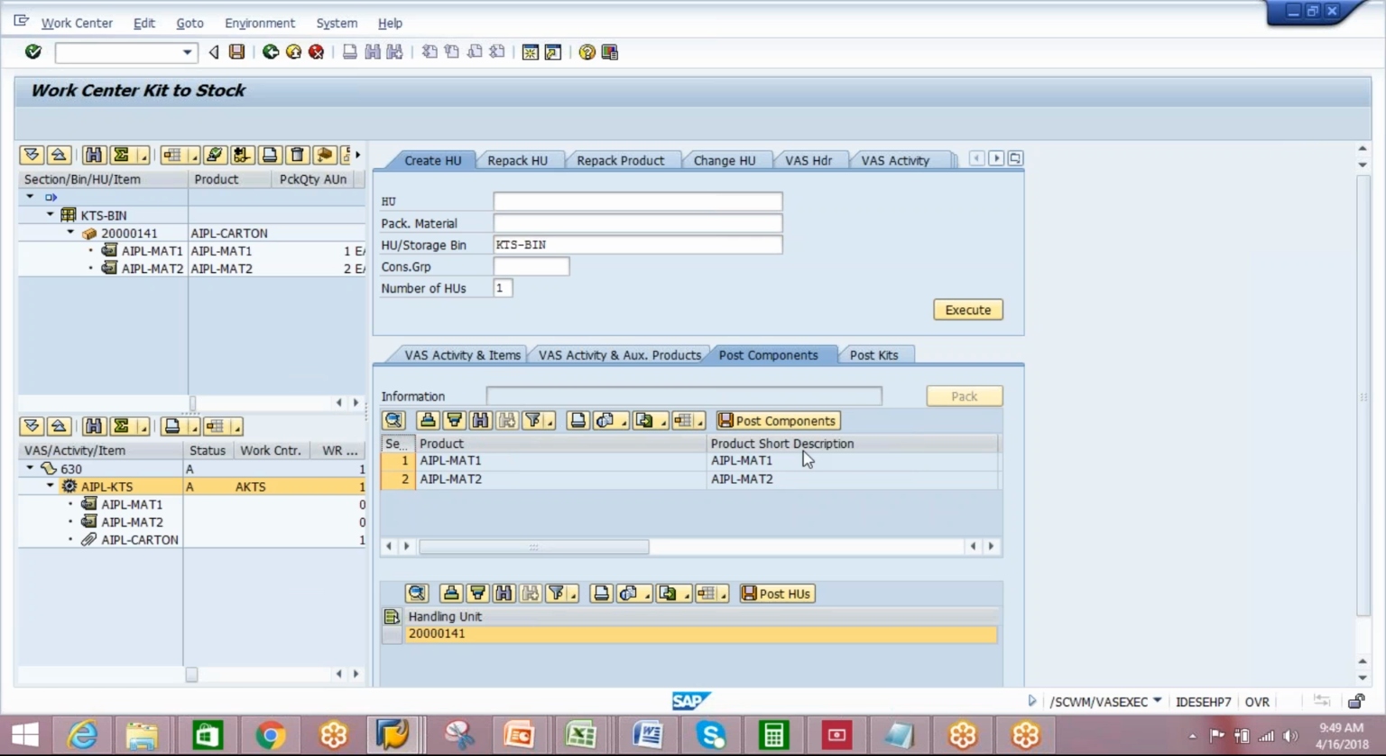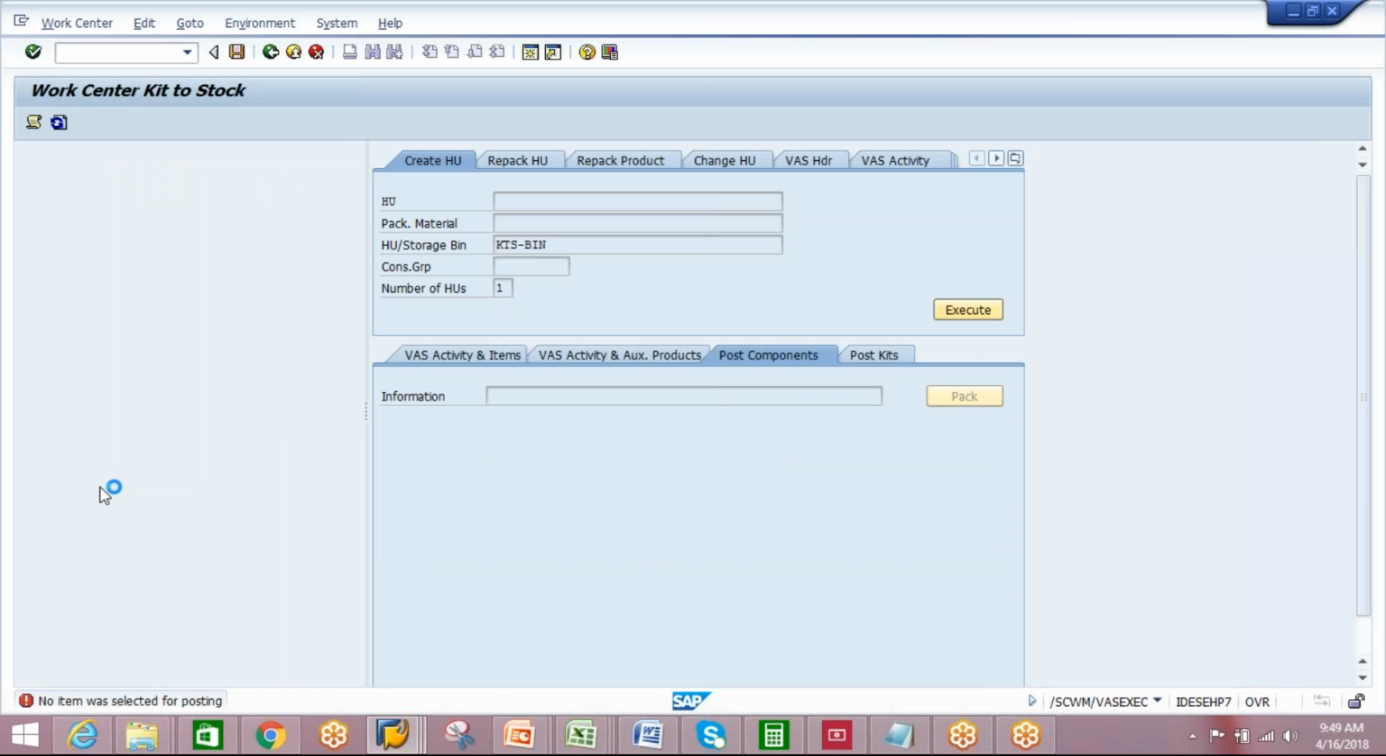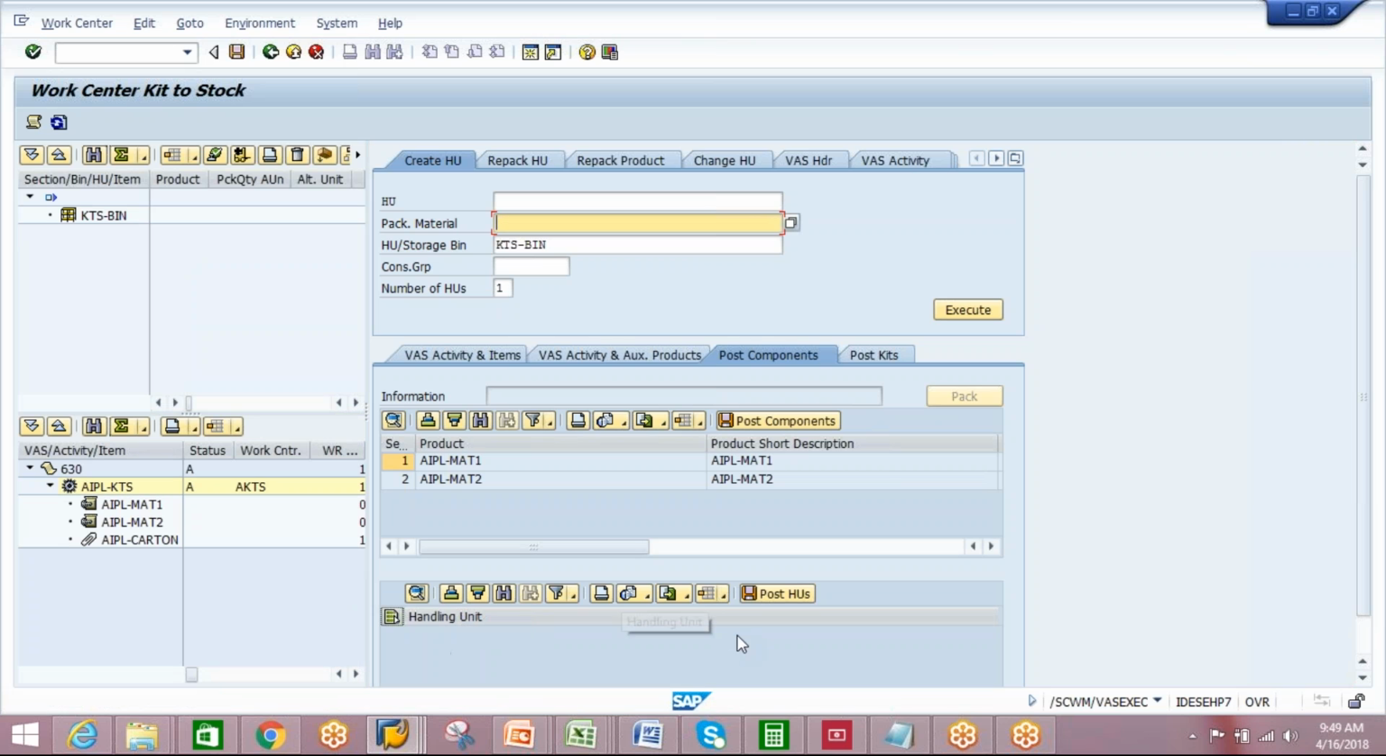We can check, sir. No item was selected. Okay. One sec. Post component button. Yeah, post HU here. Work center. I'm posting means I am keeping the products in work center. Once we do that, this will go. Okay. Next,